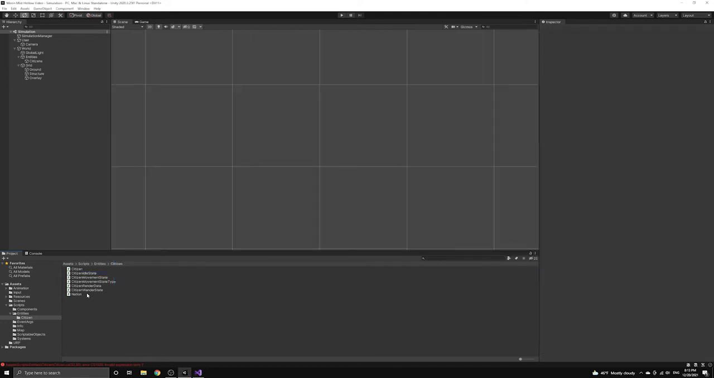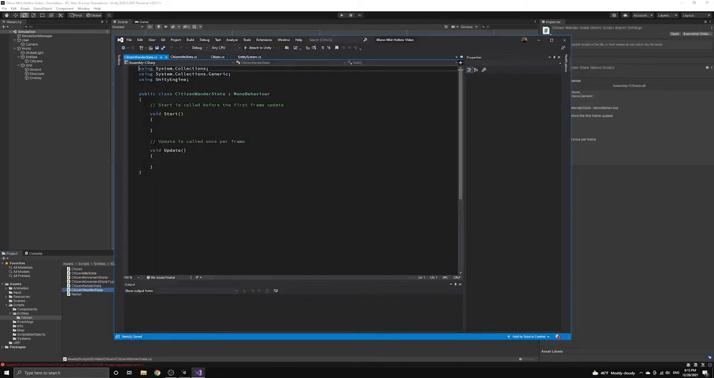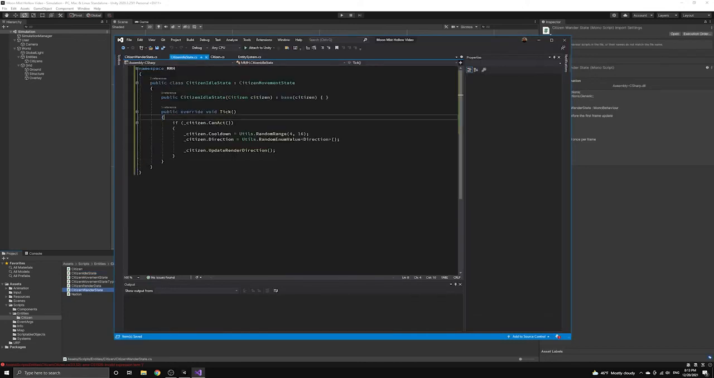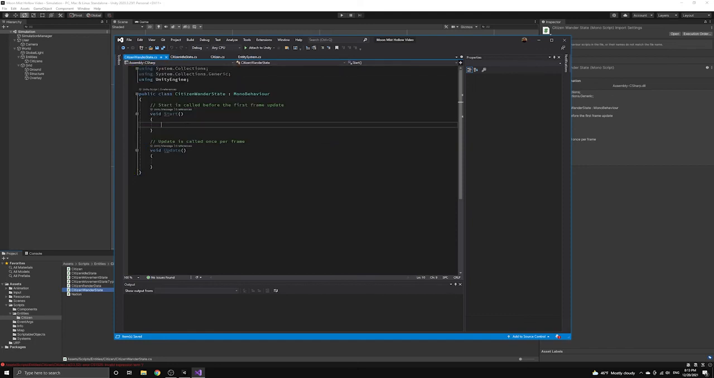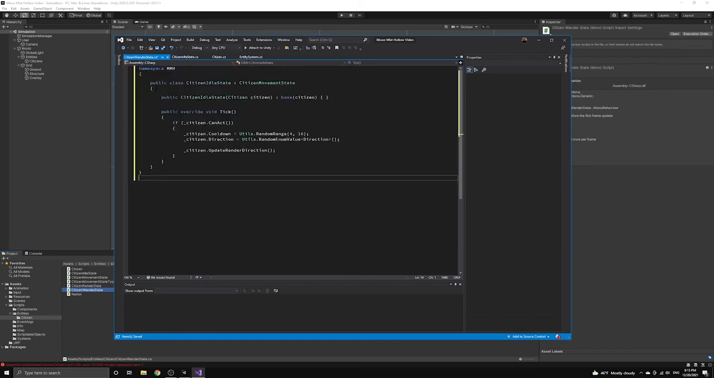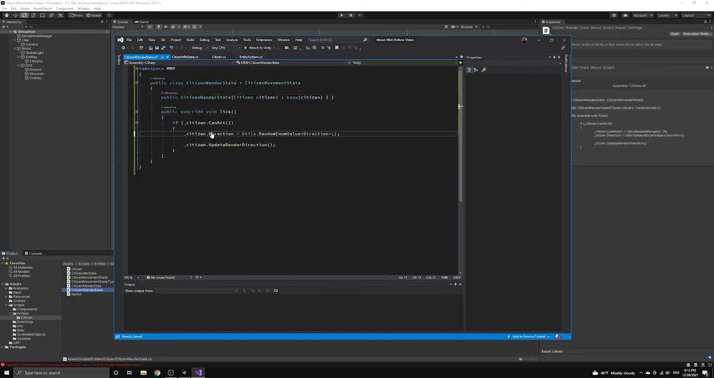Now let's copy the code in our idle state to begin working on the wander state. The logic of the wander state will be a bit more complicated than what we did with the idle state, but it will follow all of the same principles. Let's update the name of the class, and then let's delete everything within the if clause where we check whether the citizen can act on this tick. We will start the wander behavior by first getting a random direction just like we did with the idle state,